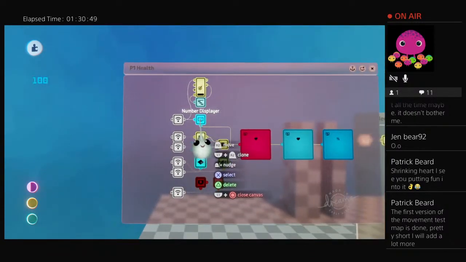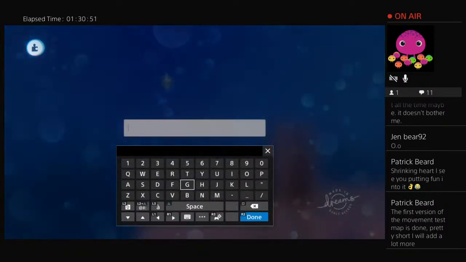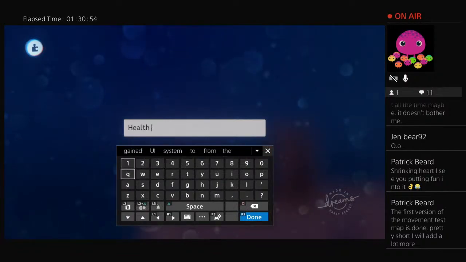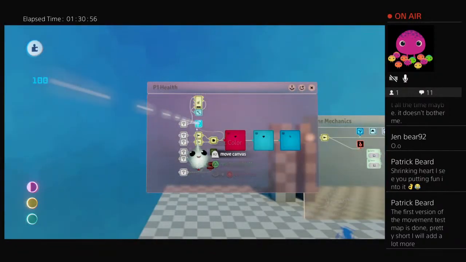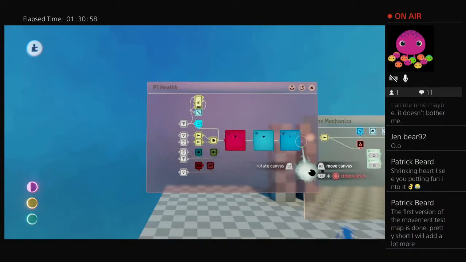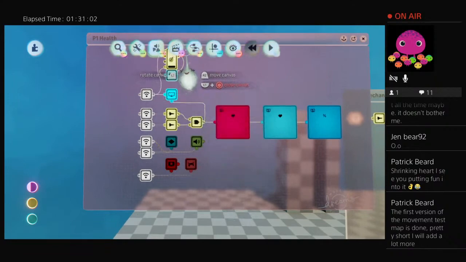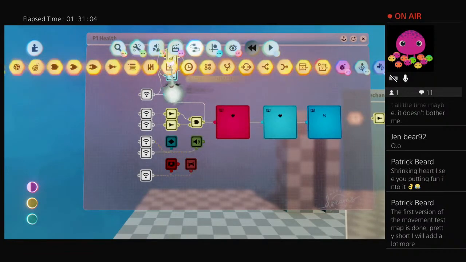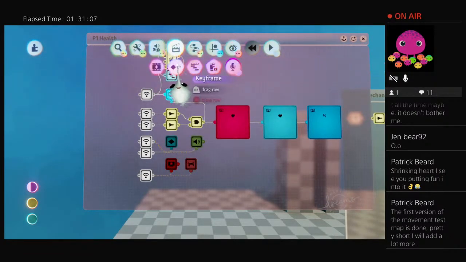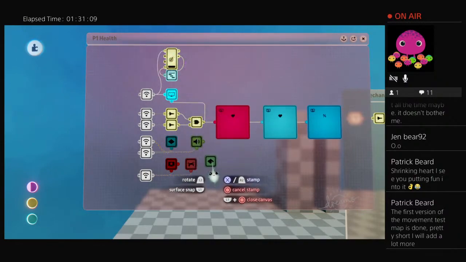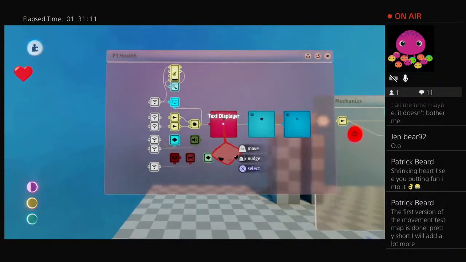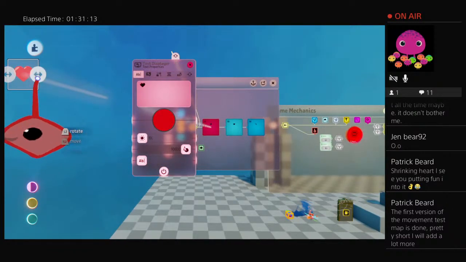Then number displayer, we're gonna name this health percent heart, blah blah blah. And then we need a new keyframe, gadgets keyframe. Down here for when the health is damaged, what we're gonna do